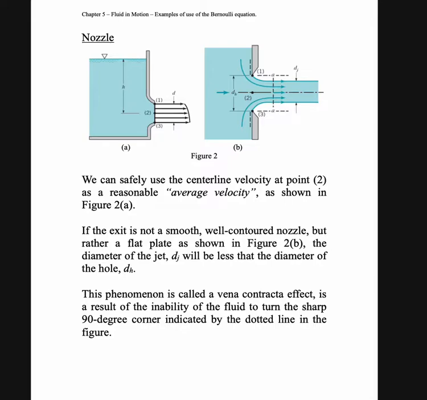2a. If the exit is not a smooth, well-contoured nozzle, but rather a flat plate as shown in figure 2b, the diameter of the jet dj will be less than the diameter of the hole dh. This phenomenon is called the vena contracta effect. So in this slide I would like to introduce one effect called the vena contracta effect. It's a result of an inability of the fluid to turn the sharp 90-degree corner indicated by the dotted line in the figure. So here the idea is,